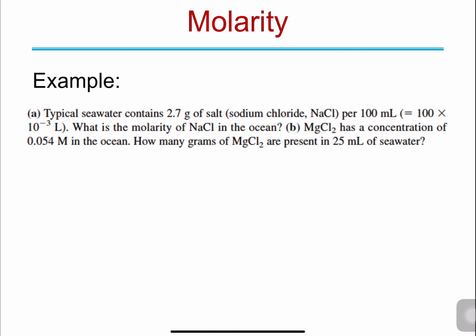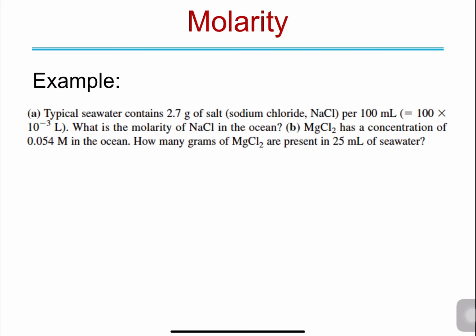Okay, so the second part of the question says magnesium chloride has a concentration of 0.054 molar in the ocean. How many grams of magnesium chloride are present in 25 ml of seawater? To think about that, now we need to get the number of grams. In order to get the number of grams, we need to find how many moles of magnesium chloride there are in the 25 ml, and also we need to find the molecular